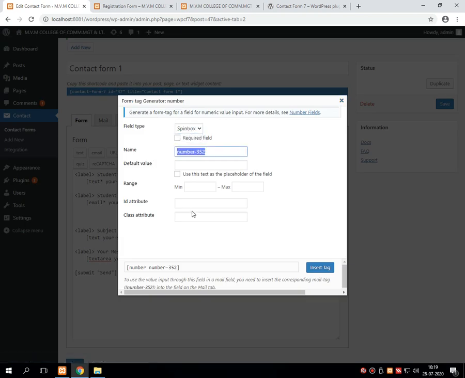Then I am giving the name your number, minimum 10 as well as maximum 10. I am putting an ID attribute and class attribute as blank.